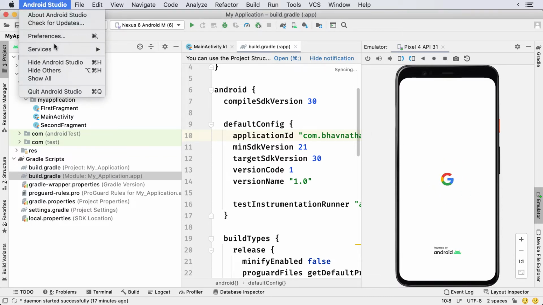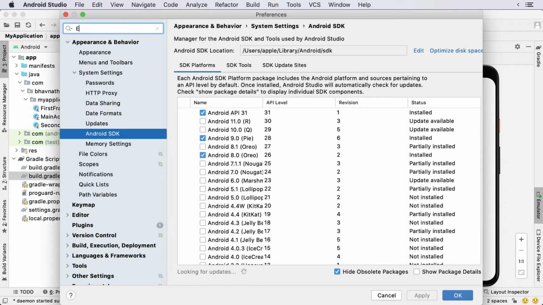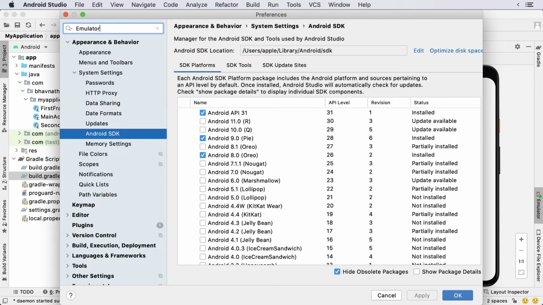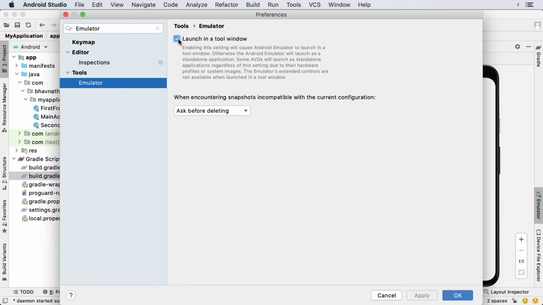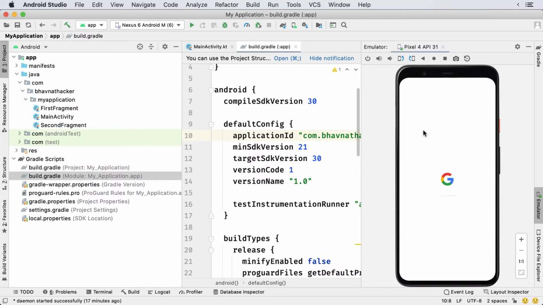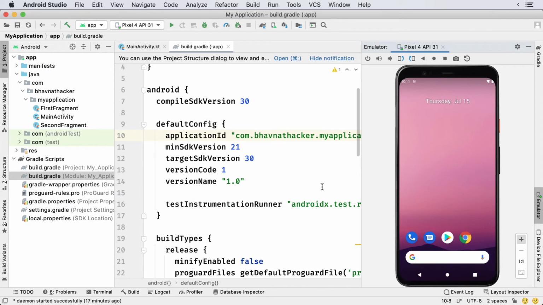Go to Android Studio Preferences. Search for emulator here and see this checkbox. If you uncheck this, your emulator will run as a standalone application, and if you check it, it's going to launch in the same tool window. You see that your AVD is up and running.